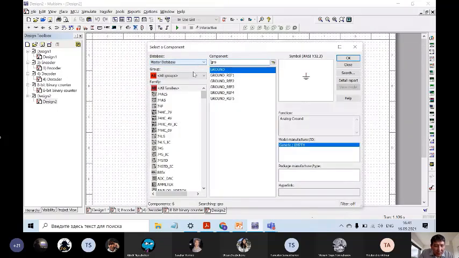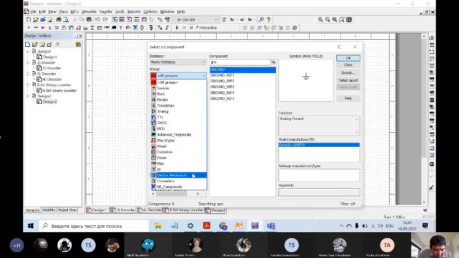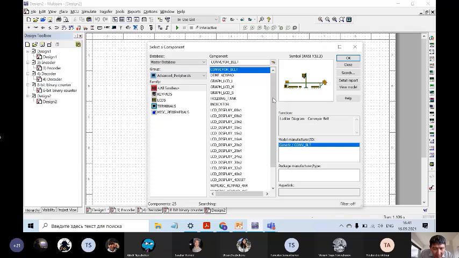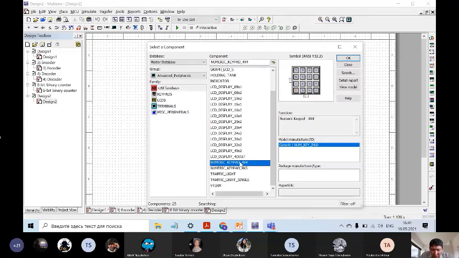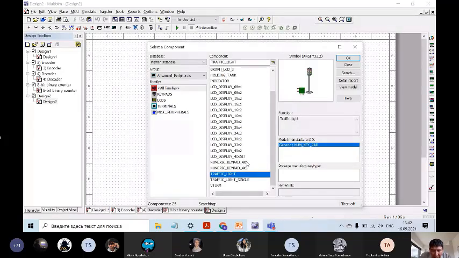Place component, guys. In here you can see advanced. Here you can see it should be here, I don't know. We have this kind of. So for example, if I take this one,